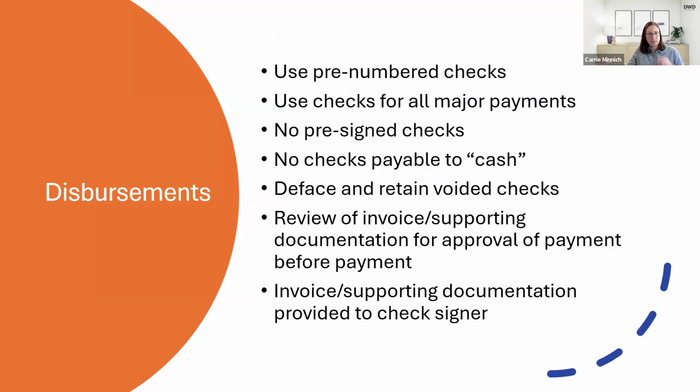Next is the opposite side, disbursements, so payments out. The risks for disbursements include paying for non-business expenses, like personal expenses, expenses that aren't related to the nonprofit's mission. Overspending, so we're spending too much, it wasn't in the budget, we're spending way too much money, or misclassification of expenses. It's really important to classify your expenses properly, not only by what type of expense, whether it's rent or supplies, but also by function.